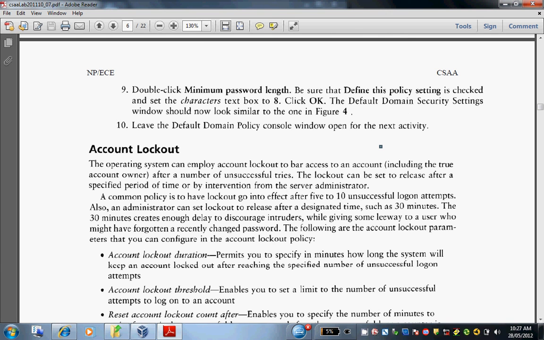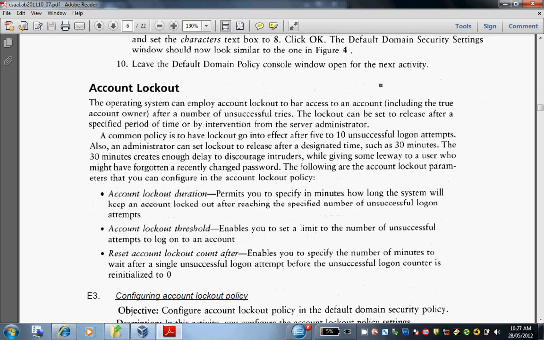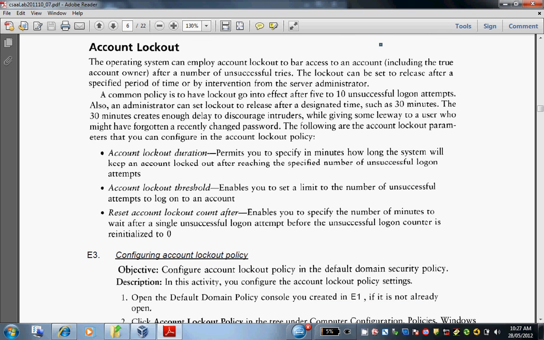The following are the account lockout parameters that you can configure in the account lockout policies. Account lockout duration permits you to specify in minutes how long the system will keep an account locked out after reaching the specified number of unsuccessful logon attempts. Account lockout threshold enables you to set the limit to a number of unsuccessful attempts to log on to an account. Reset account lockout counter after enables